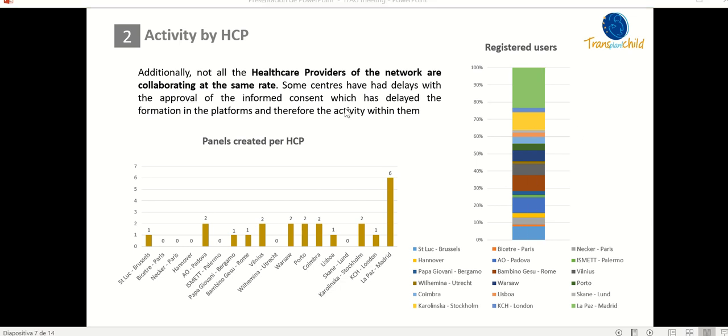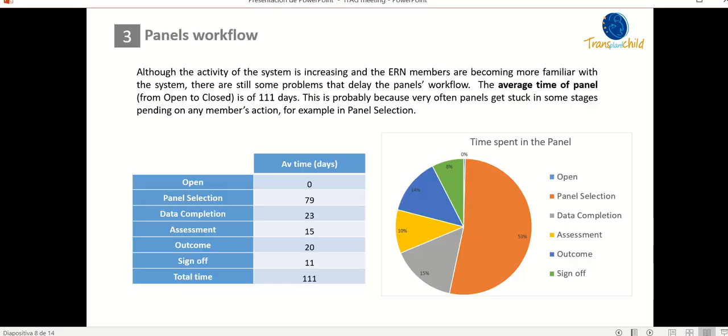We have also analyzed the panel's workflow. Although the activity of the system is increasing and the ERN members are becoming more familiar and more active with the system, there are still some problems that have to be overcome, and there are big delays in the panel workflow. We have seen that the average time of the panel from open to the closed states